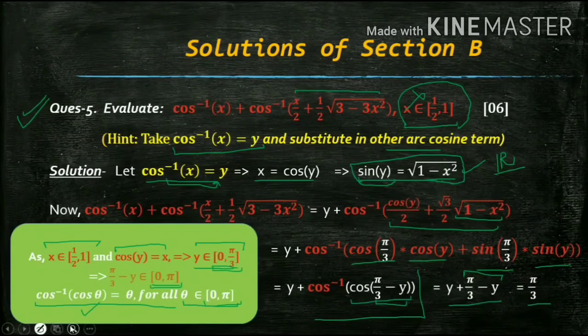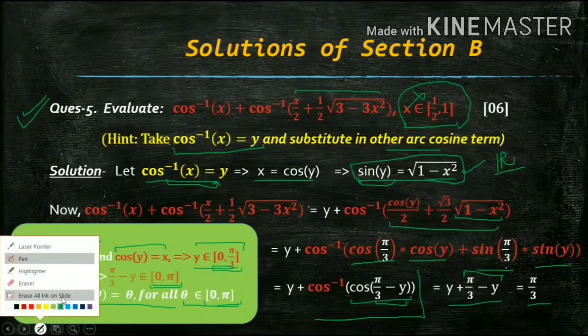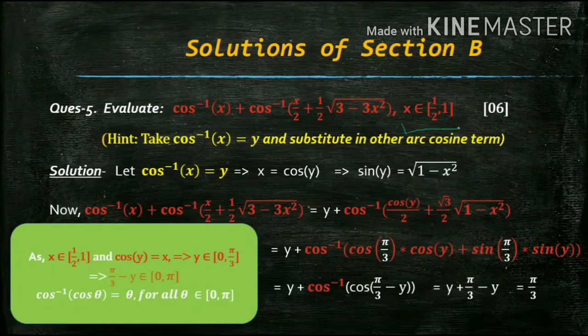So this is the important thing, how the domain or the region which is given to you is important. Like in this question as well, you have to use this x value to get y, and then using that you have to say that pi by 3 minus y belongs to this interval, that you can use to show in this problem. So these properties are very important with their domains. Don't forget their domains. So I hope this question is also clear to you. It was an easy question with a hint given to you.